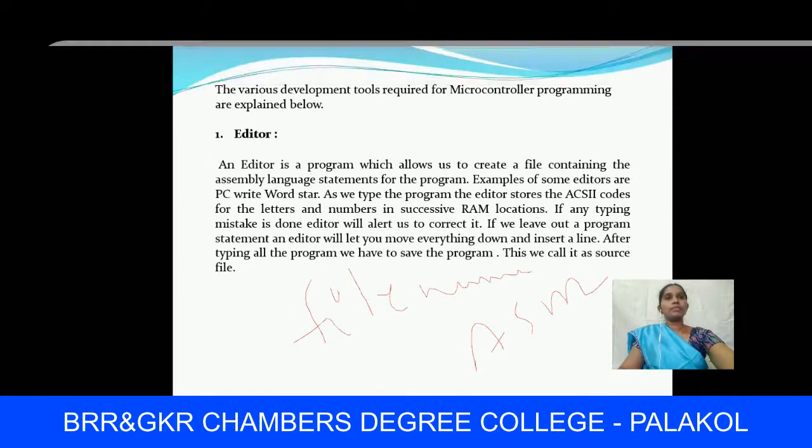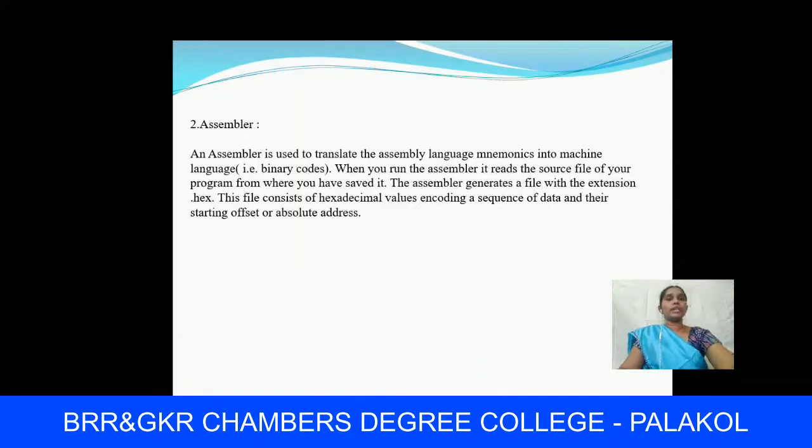Next, after the editor, we will discuss the assembler. An assembler translates the mnemonics into machine level language. We already know about machine level language and assembly language.